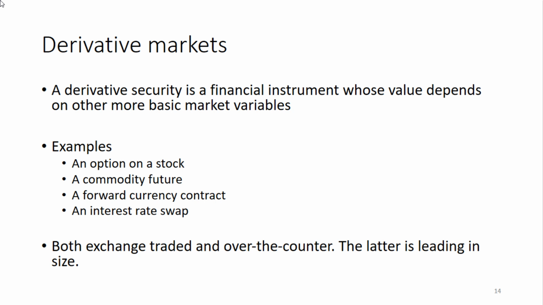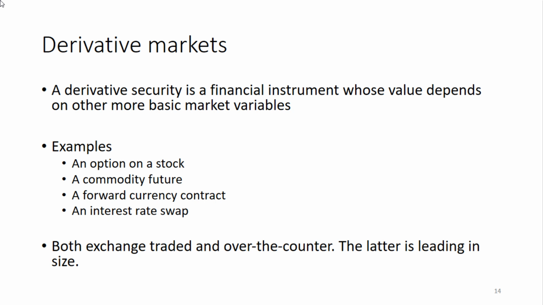And then the last example, an interest rate swap. As we will see later, an interest rate swap entails the exchange of a fixed rate against a variable rate, a floating rate. Very often the floating rate is, for example, the London Interbank Offered Rate. Also there, the value of the swap, so the price of the swap, is derived from the value of the underlying interest rate. So if the underlying interest rate changes in value, then also the price of the swap changes in value.